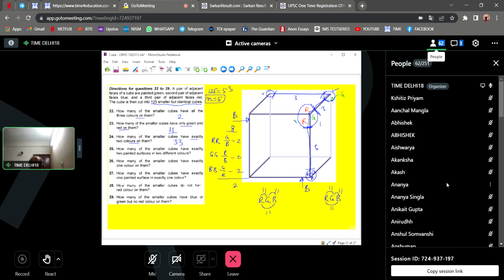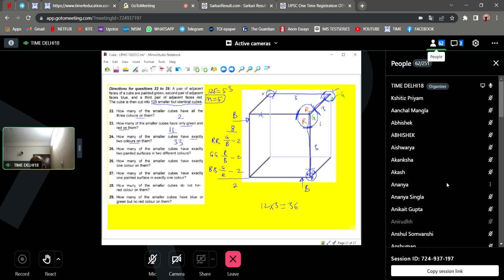Have two colors on them, right? See, Mayank, 12 into 3 करोगे तो 36 आ जाएगा वो तो, ठीक है। पर इन 36 में ये वाले